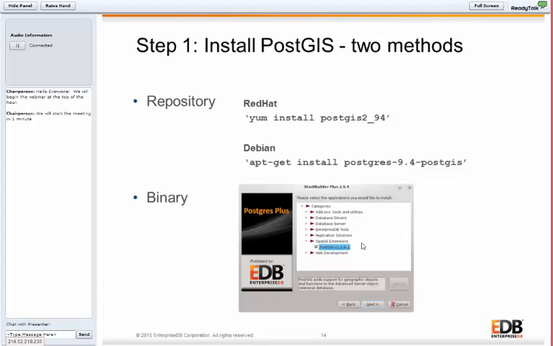Debian repositories do an apt-get. EnterpriseDB also includes, if you're not familiar, this binary installer. One of the cool things about the binary installer is that it works on Linux, it works on Windows, and it works on Mac. You can install Postgres using the binary installers. This extra utility for managing packages around Postgres will pop up, or you can launch it separately. It's called Stack Builder, and then under Spatial Extensions, you would just check PostGIS, next, and that would come along.